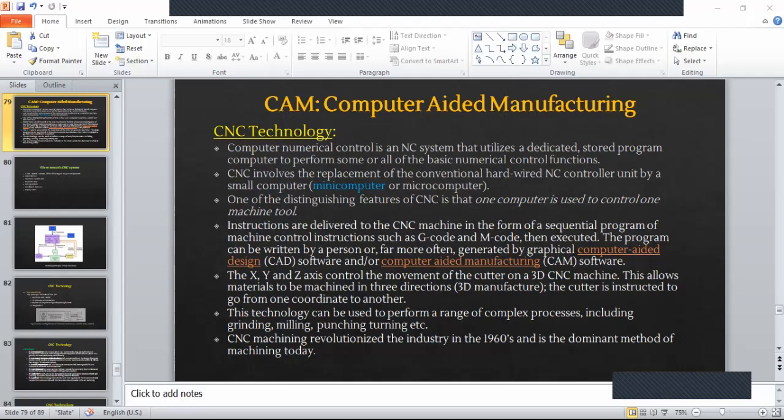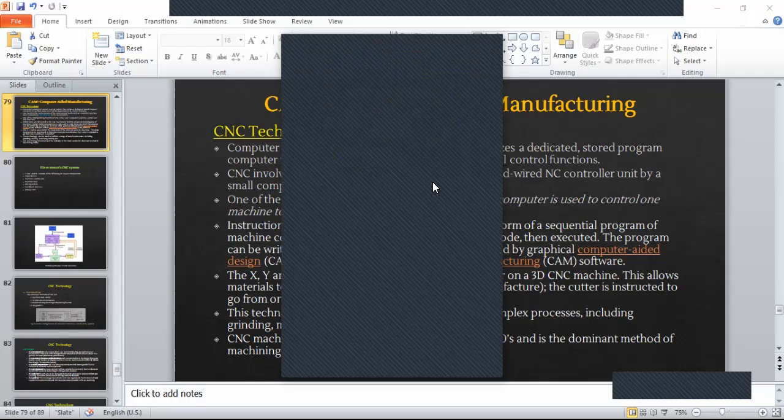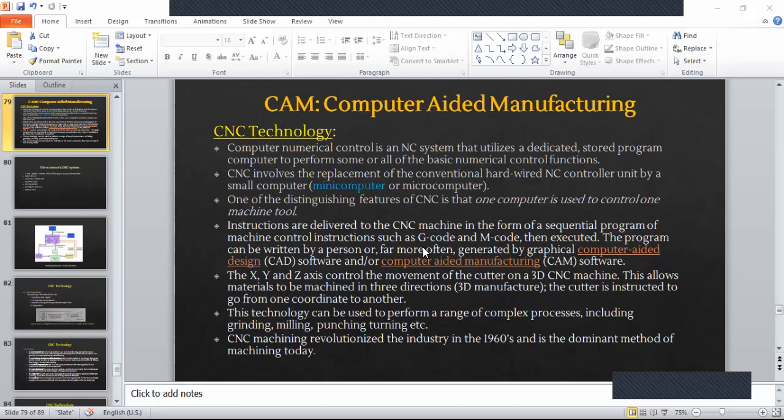Why that punch tape was a problem? Precision and manpower. As for precision, okay, but there's not much about precision in here, as for CNC and NC.